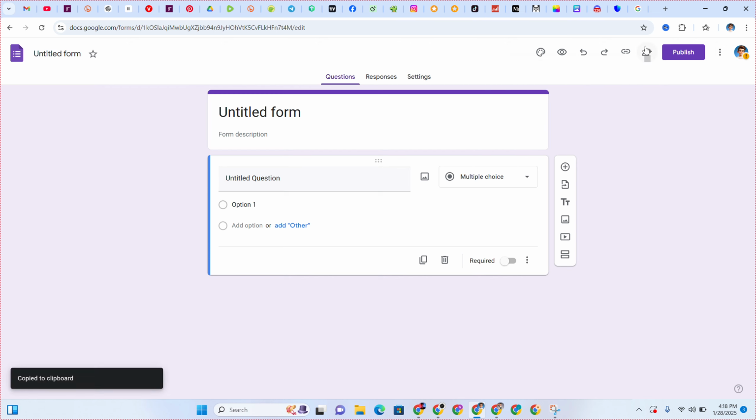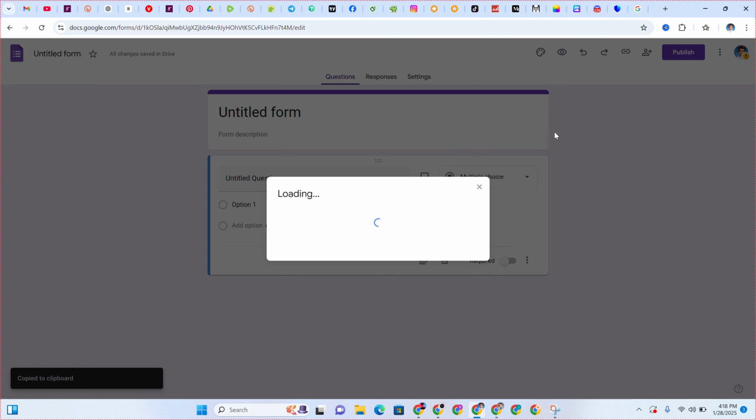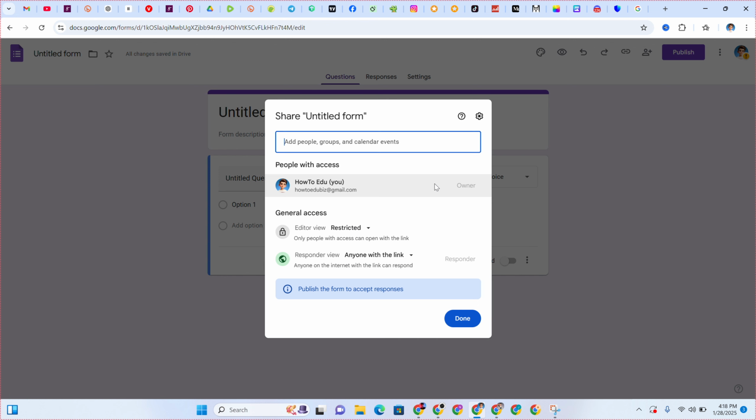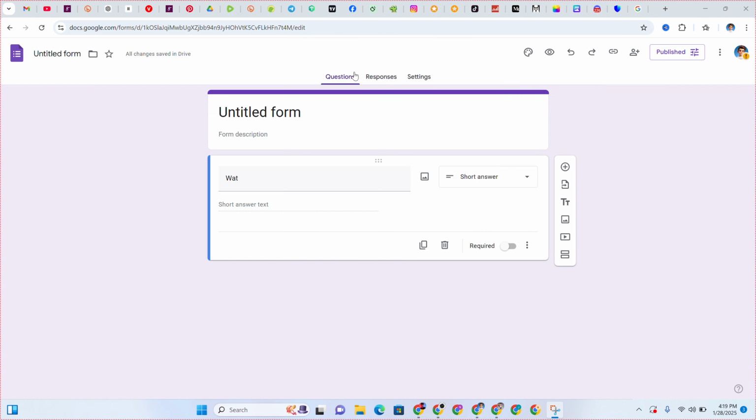From this link, basically, you can come on here. You can either add them manually, that is, if you copy the link. Or once you have set up everything, what you can do if you want to